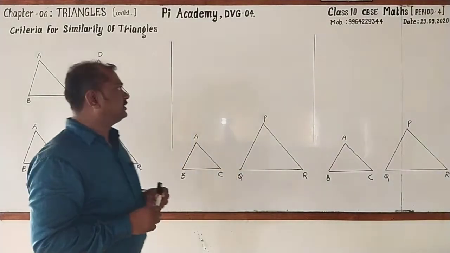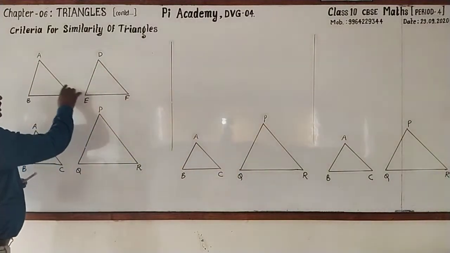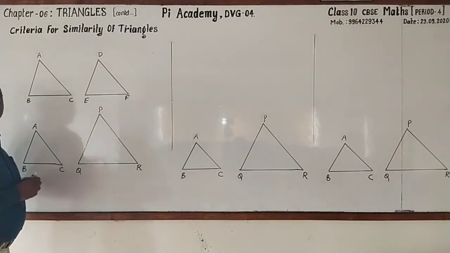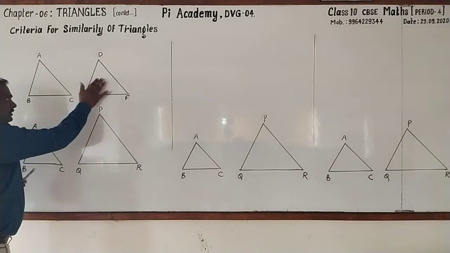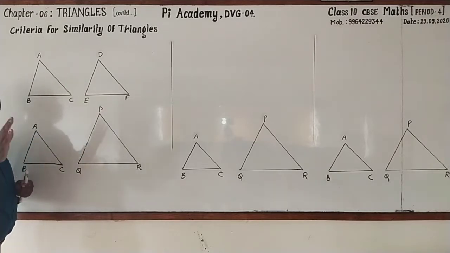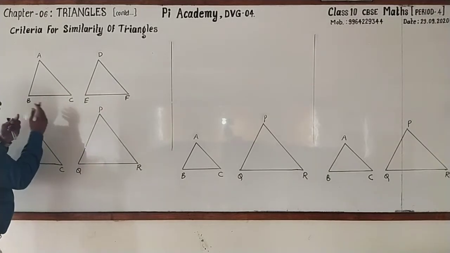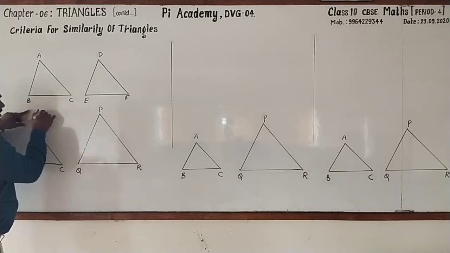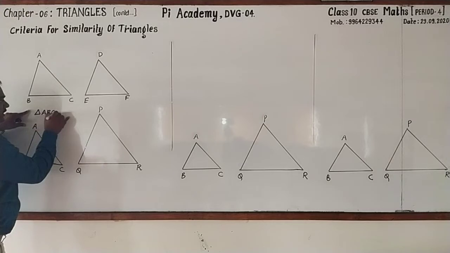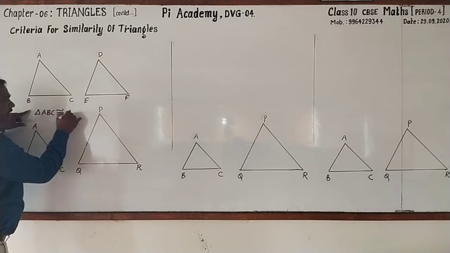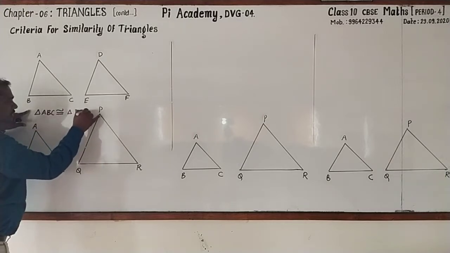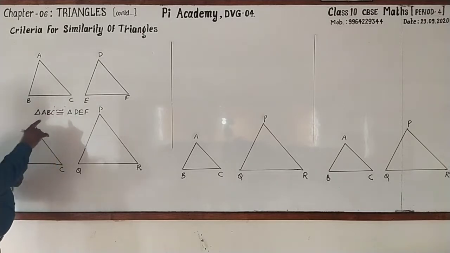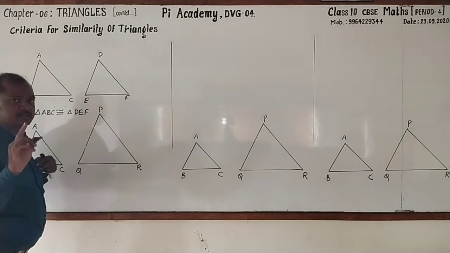Right? See that here I have taken two triangles. One is ABC and another one is DEF. Assume that these two triangles are congruent. Then how do you express that symbolically? Yes, you are right. It is triangle ABC is congruent to triangle DEF. Then what is the symbol of this? Yes, this is the symbol of congruency.